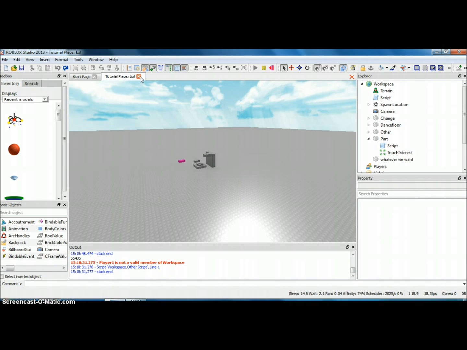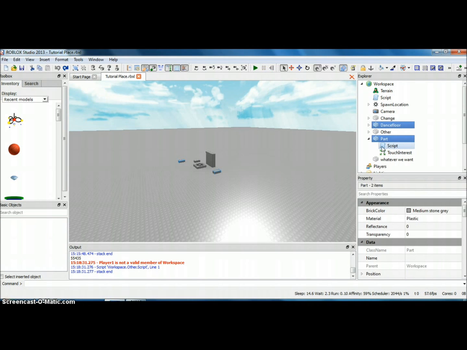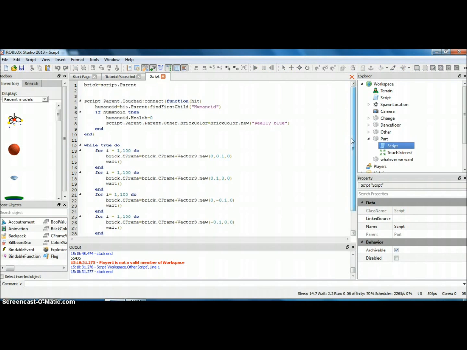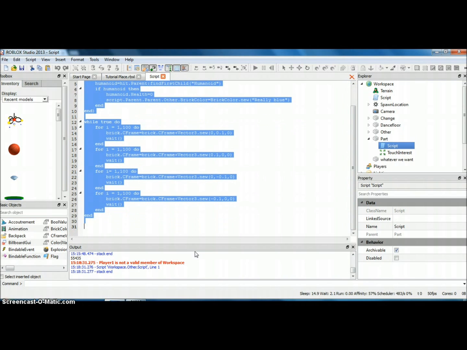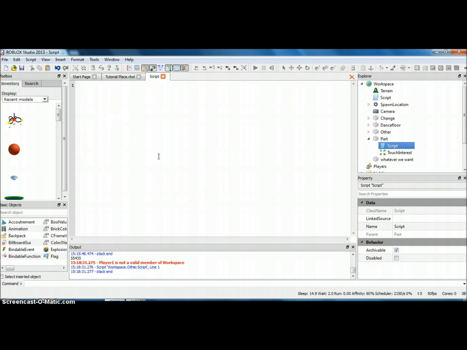Alright, so I'm just going to do one more thing here. So this whole script, you guys can keep it and just make another brick if you're copying along here, but I'm going to delete it because what I want is brick equals script.parent, and I'm just going to teach you, because all I did was a vector 3, I'm going to teach you how to move it to a certain position. So we want brick.CFrame equals